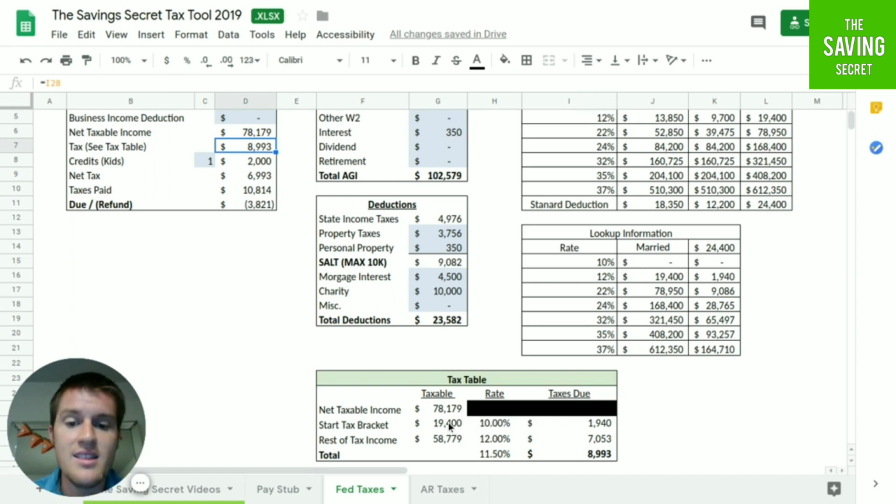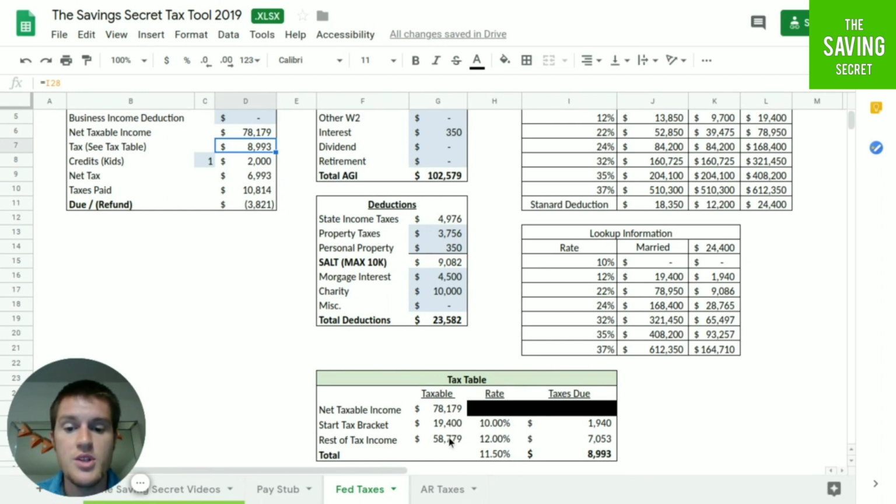For the first $19,400 in their taxes, they're going to pay it at 10%. So then you would owe $1,940. Then what you do is you subtract this number from the start tax, and then you get the rest